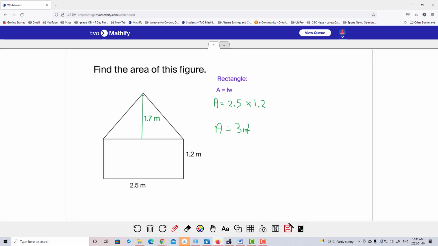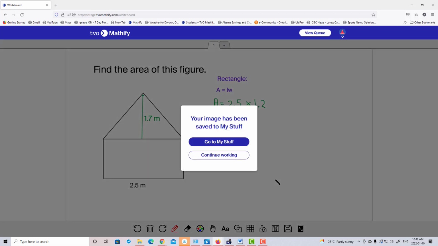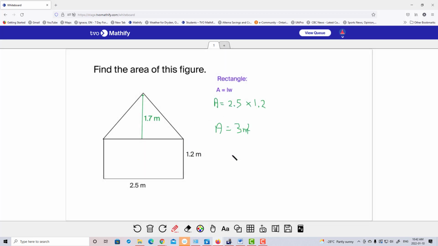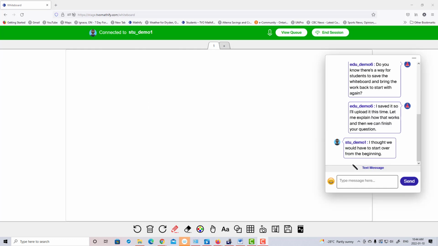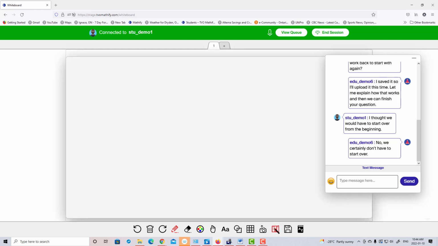And of course, we go to save, and you have to give it a name. So name it whatever you want. So save it. Okay, and we'll continue working. And let's say we connect with the student again. What the tutor will do is, now you can't save anything when you're in a live session, but you can get to your My Stuff. So if I go into My Stuff,